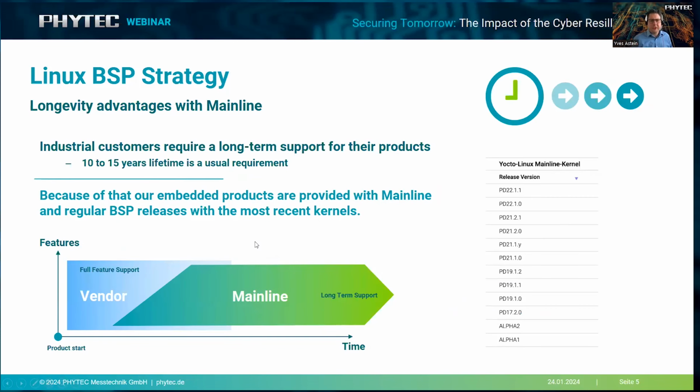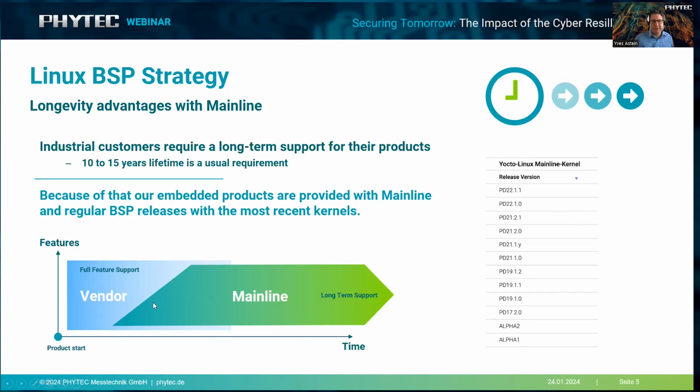Yeah, so in general, our strategy is that we start off with a vendor BSP. So when we have a new processor and we design it on our system on modules, we typically start off with the BSP, or the Linux operating system that comes from the vendor, because it has the most features, as you can see here in this graph in the beginning. Mainline starts picking up on these new processors after a while, and then more and more features are being implemented also in mainline.